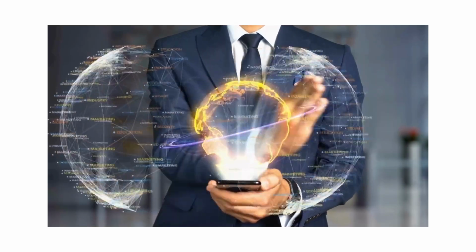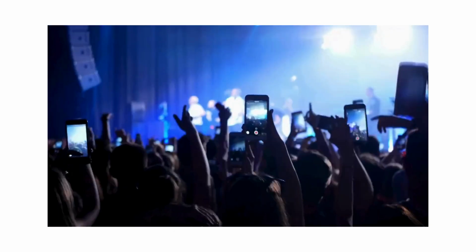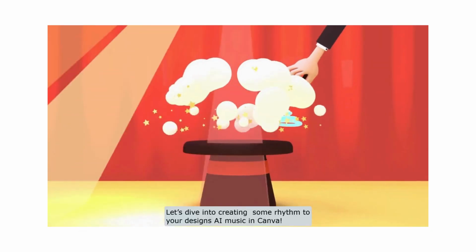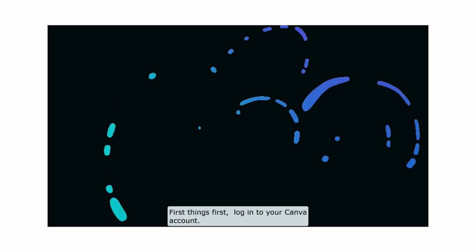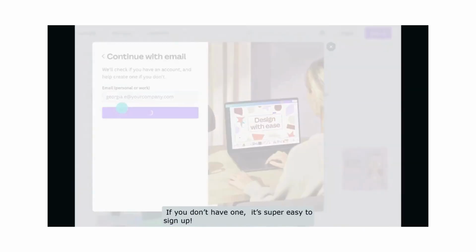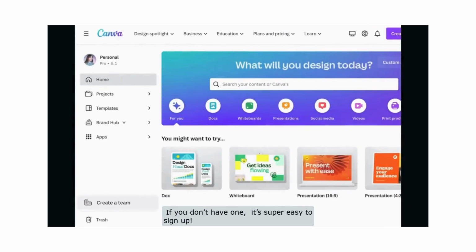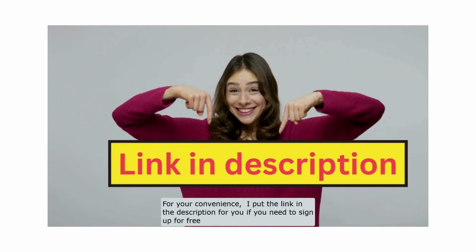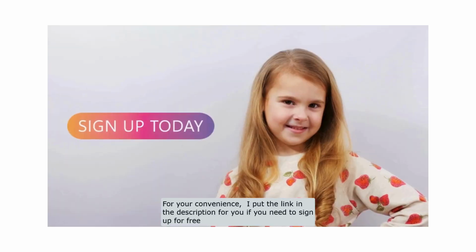Add some AI magic to your Canva designs? Let's dive into creating some rhythm to your designs with AI music in Canva. First things first, log into your Canva account. If you don't have one, it's super easy to sign up. For your convenience, I put the link in the description if you need to sign up for free